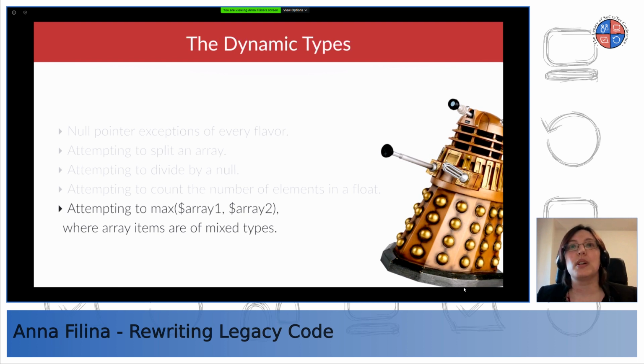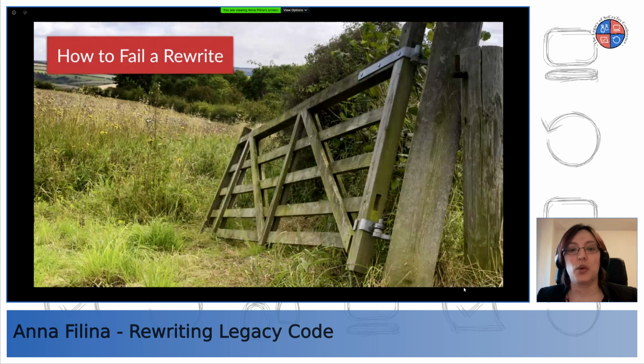All right, so now that we know that we want to rewrite this legacy, before we succeed at a rewrite, we're going to fail a few. I have seen a lot of rewrite failures because many people think that if only they were given a chance to rewrite everything from scratch, things will work out just fine. Like they know what this is supposed to do. They just need to write new code for it.